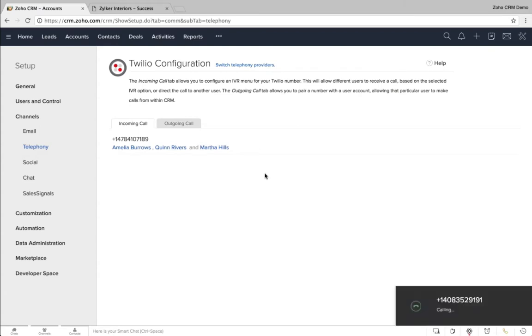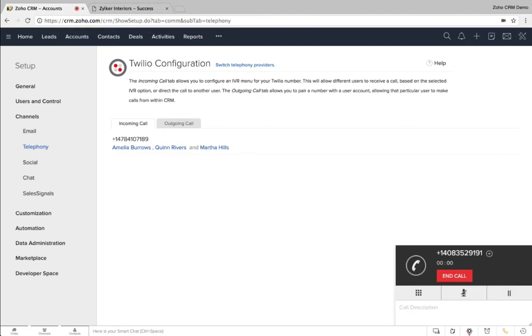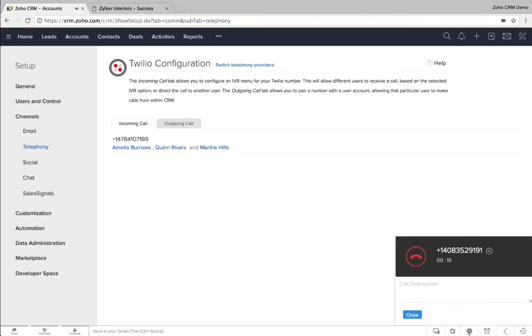Now we'll be receiving a call here, right? So I can just click on answer and I can speak here. Because this is an unknown number, if I want to create a lead, I can click on the plus symbol and create a new lead or a new contact. Once my call is done, I can click on end call and enter the description here